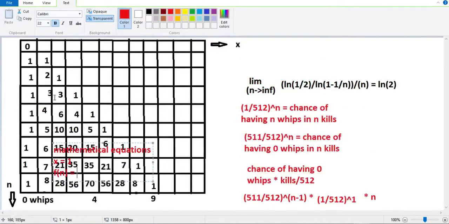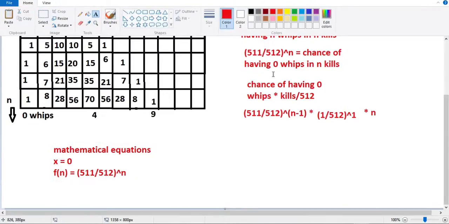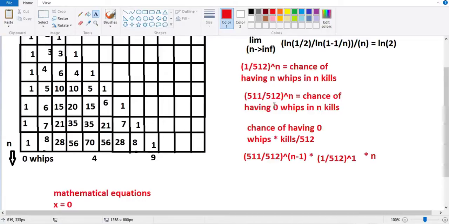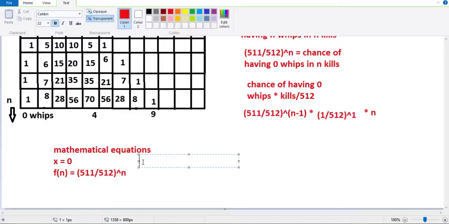Basically, if x is equal to 1, let's actually say x is equal to 0. F of n equals 511 divided by 512 to the n. This is what I've written already, just right here. Chance of having 0 whips. If x equals 0, this is it. If x equals 1, what I just said was it was going to be f of n equals 511 divided by 512 to the n